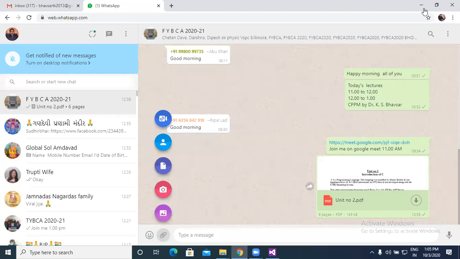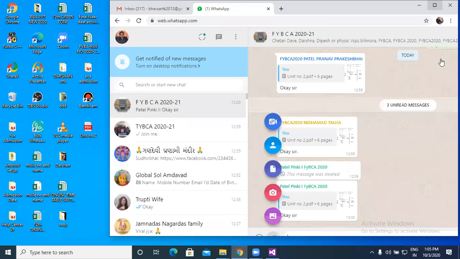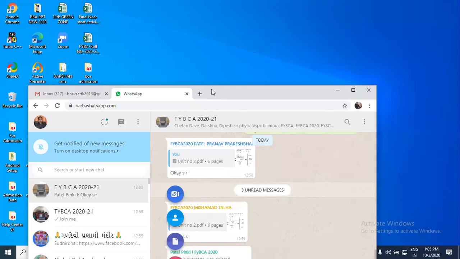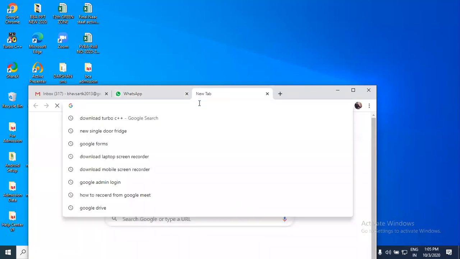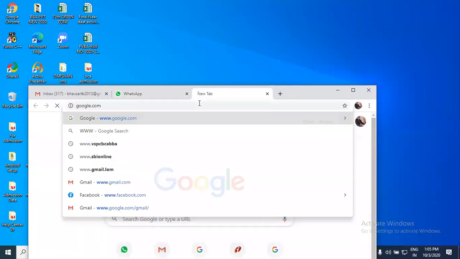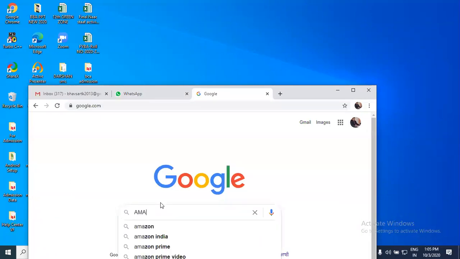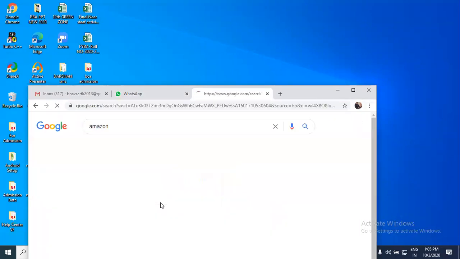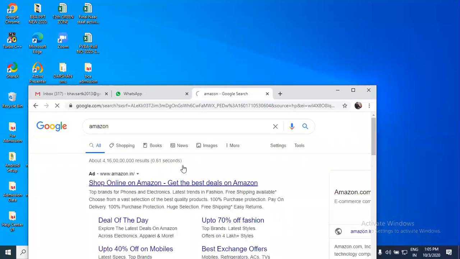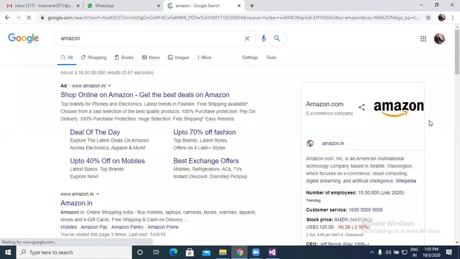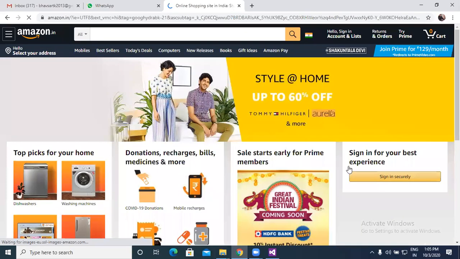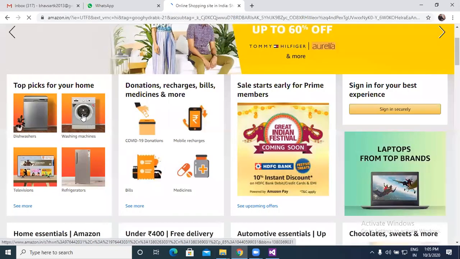For example, Google, Amazon, shop online, just check out. For example, this is the image for a washing machine.